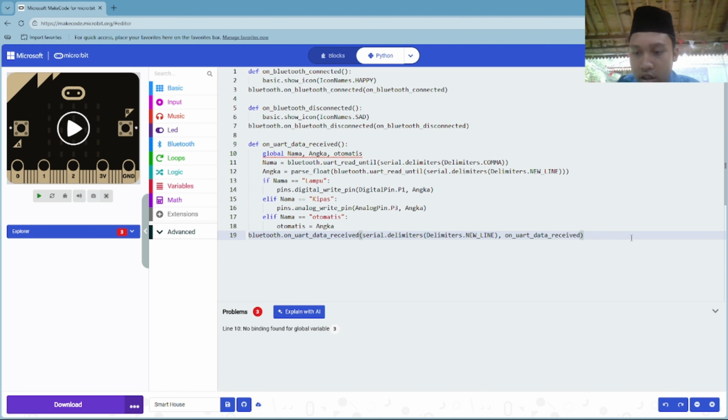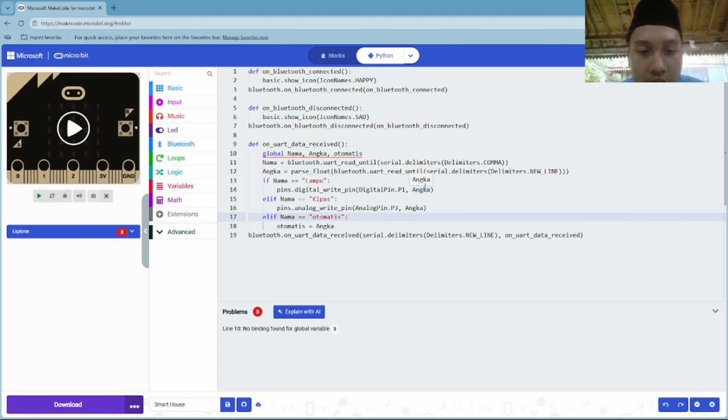Okay, next there is the nama equal Bluetooth word that read until serial delimiters comma. So the meaning of this one is variable nama will be reading a Bluetooth word until delimiters, and the delimiters is comma. Okay, only that. And then next, there is angka parse float Bluetooth word read until serial delimiters is new line.